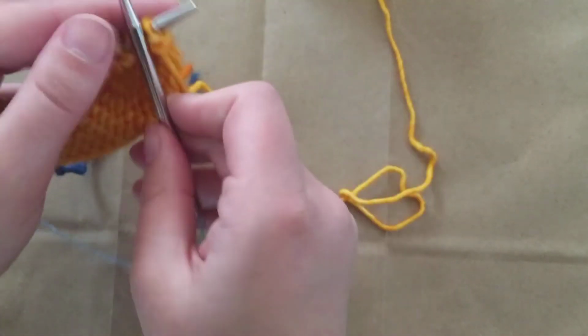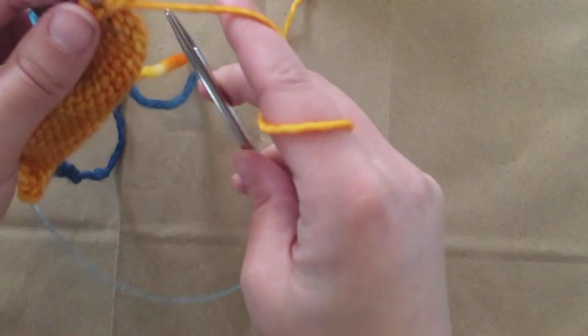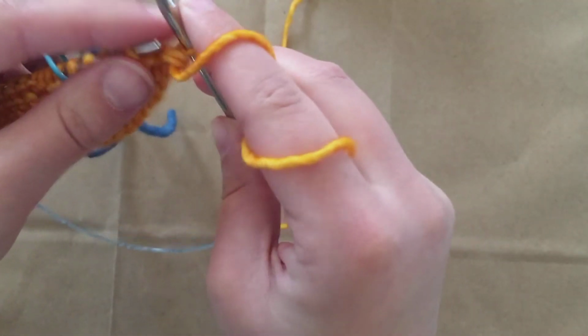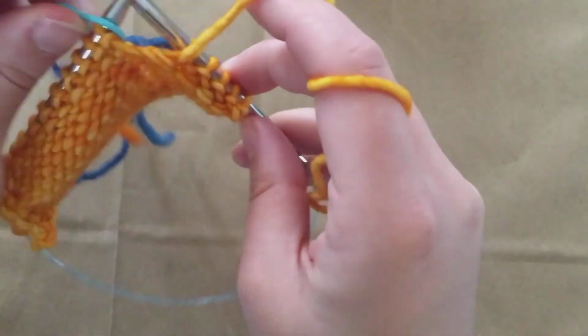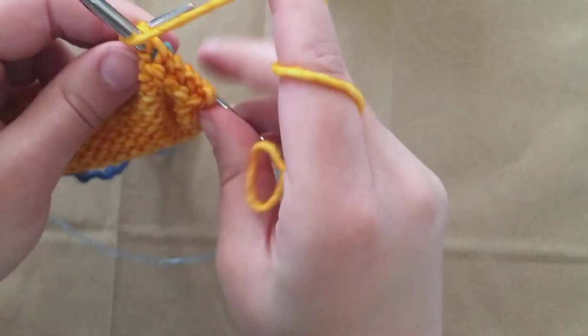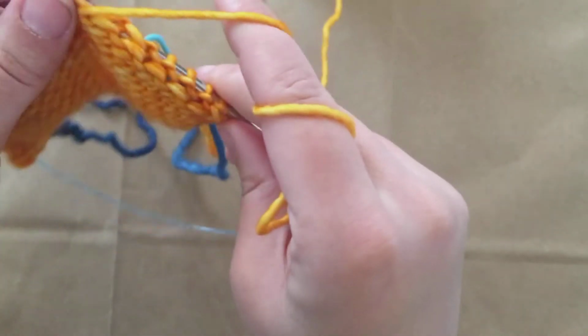So now I'm going to slip first stitch purlwise with yarn in front, and I'm just going to purl across to the first marker, slip my first marker. Now I'm going to purl across to the second marker,